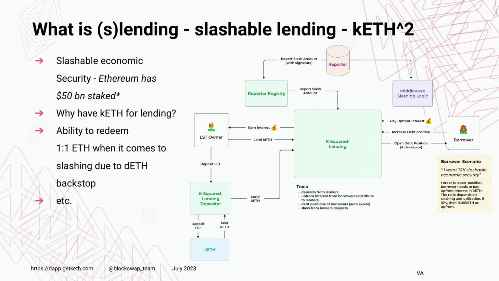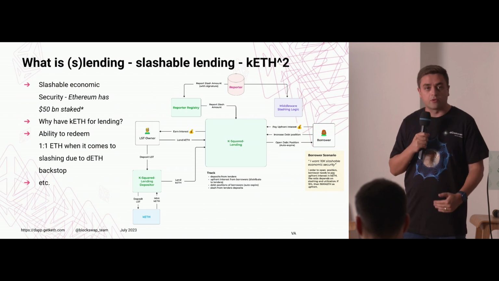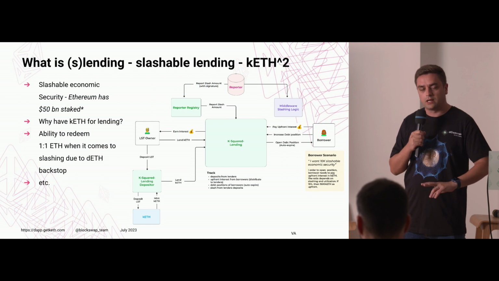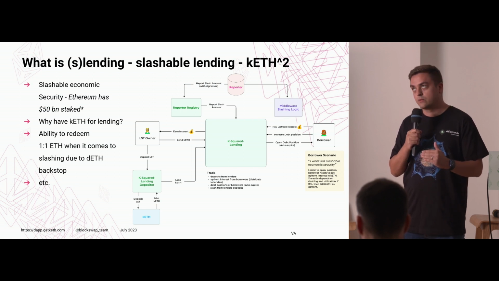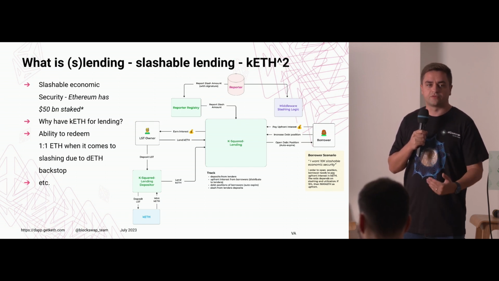But essentially, we're just looking at reusing the staked unit, the kETH, that you can redeem anytime for ETH, regardless of what LST minted the kETH. And we have this new guy that you might not be familiar with, which we've put in between, the reporter. So validators are staking their kETH in order to accrue and earn more ETH, but they're running software, running middleware for doing that. The reporter is looking at how the middleware is being run by the validators and checking for liveness issues.